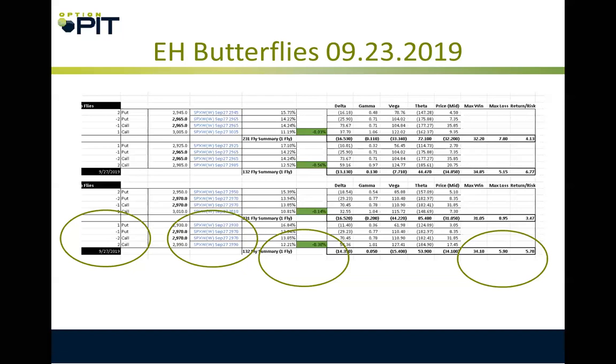So the user, Alan, the question is, does the user input stuff? This generates the optimum fly from all the strikes. So what it does is it just tests all the strikes and gives you the best ones. And then you can decide where you want to aim it. That's how the sheet works. So when I show you the full sheet,